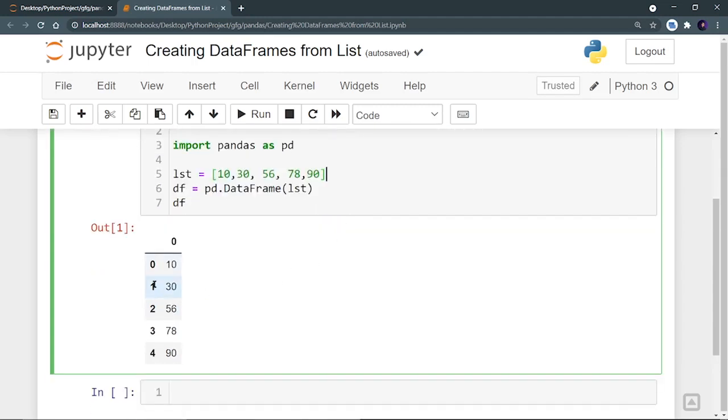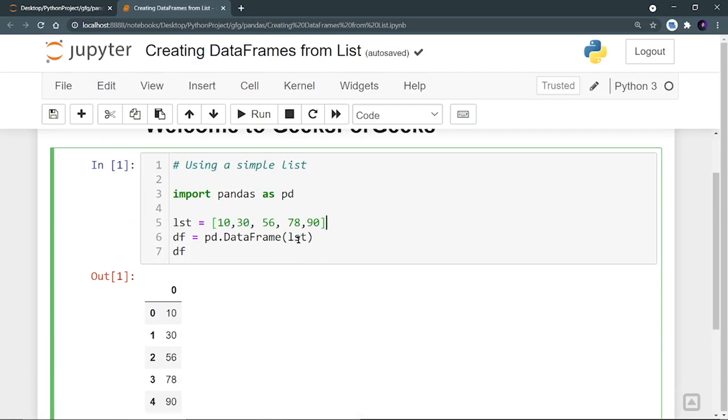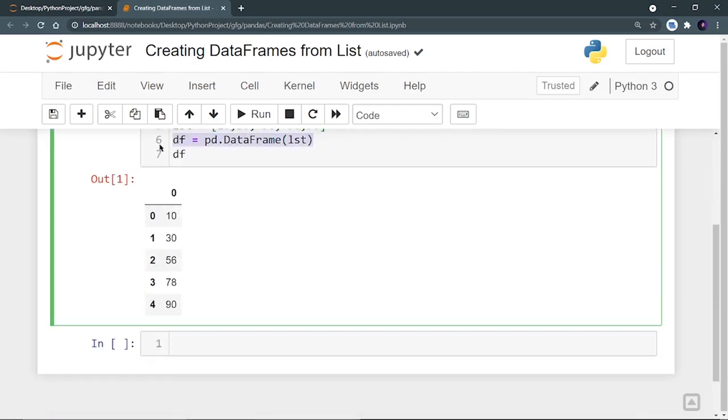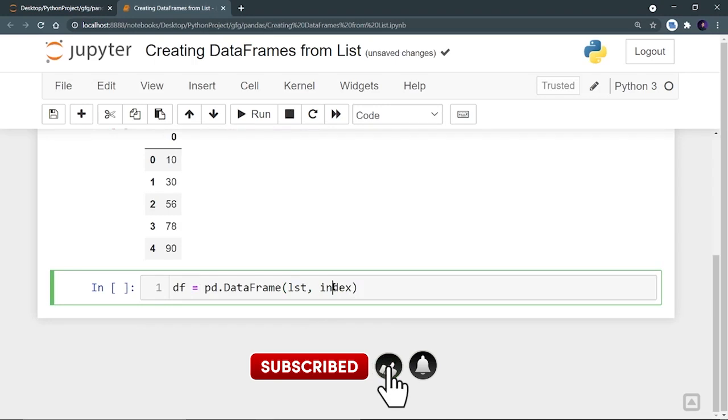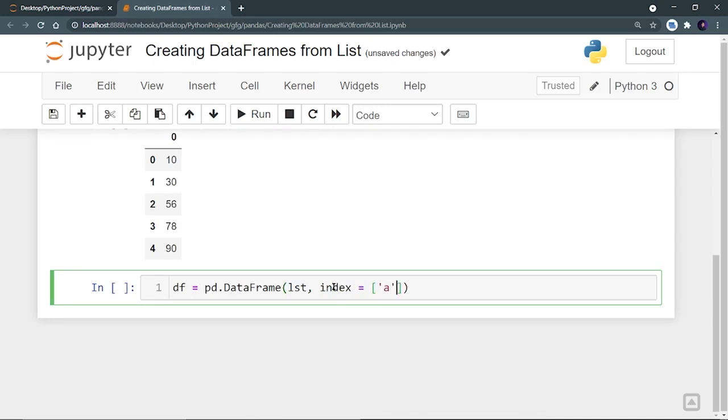Now I want to give different index to this data frame, and I also want to rename my column. So what I can do is I'm going to copy the same thing, paste it over here, and you have to provide index and provide it a list, and let's call this index as A, then B, then C, then D, and last one is E. And I also want to change the column name.